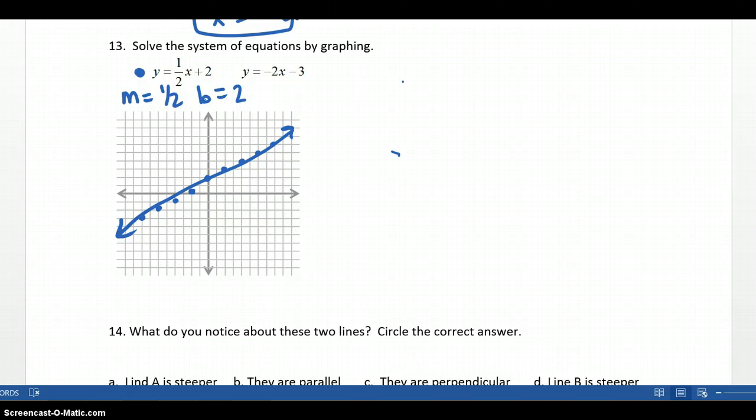I'm going to do the second equation in red. Our slope is negative 2 and our y-intercept is negative 3. So we're going to start by going down 3, then down 2 over 1, down 2 over 1. We can also go up 2, left 1, up 2, left 1. And then we